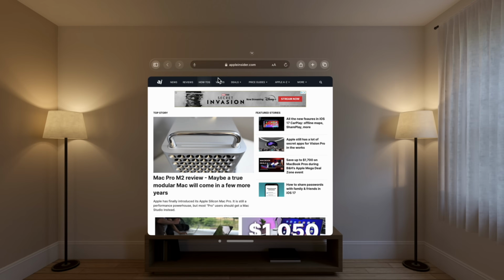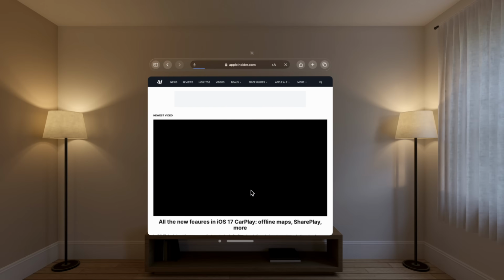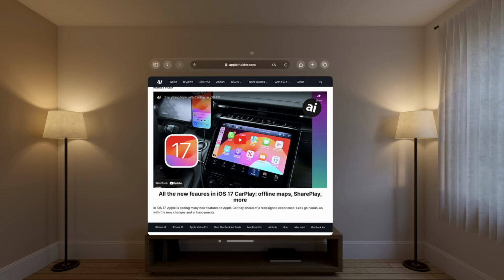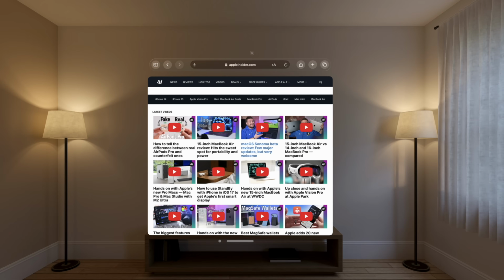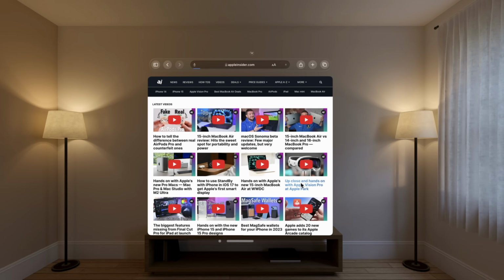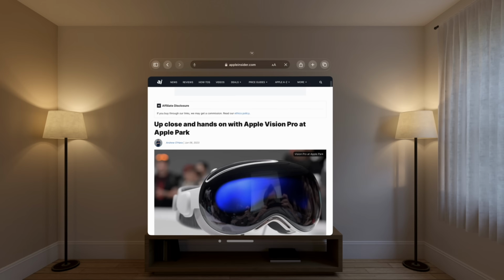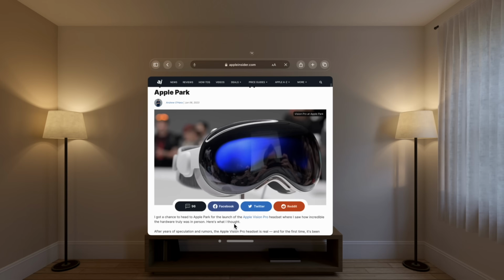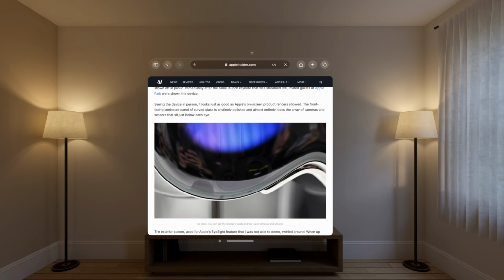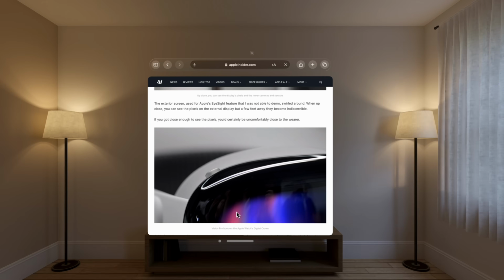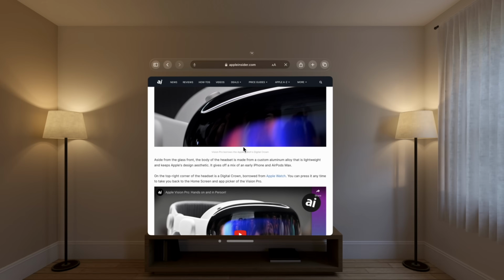So here we can go ahead and jump around. Let's go ahead and look at a video real quick. So we're going to move over to the video page. I will say in the simulator, it's a pain in the butt to scroll. It's really easy when you're actually using Vision Pro and you can just flick with your fingers, but here you have to slowly drag and push with the cursor, and it's a little bit of a pain in the butt. But here's my hands-on that I did earlier at WWDC with the actual Vision Pro in person,